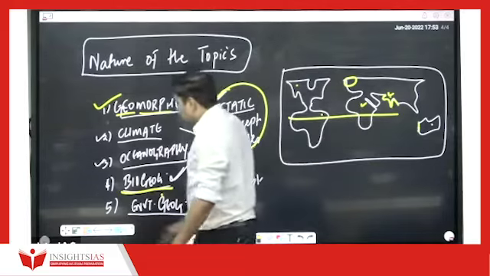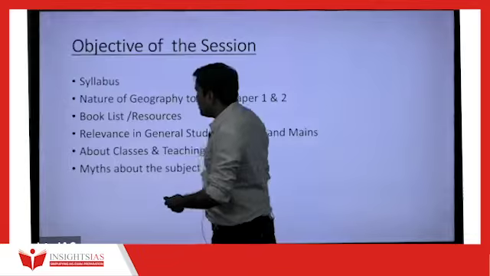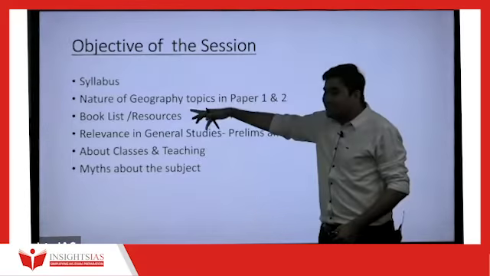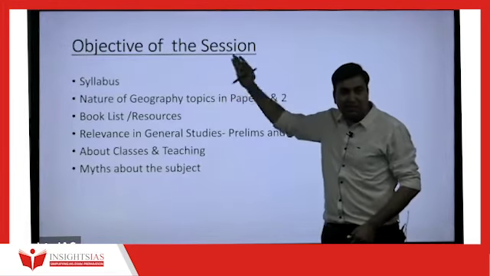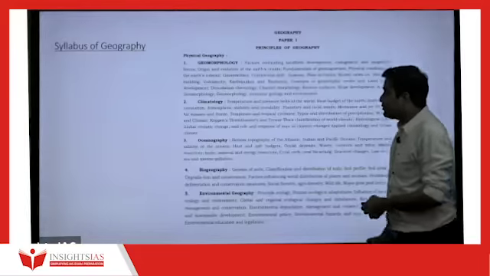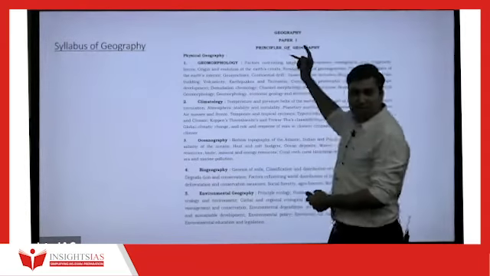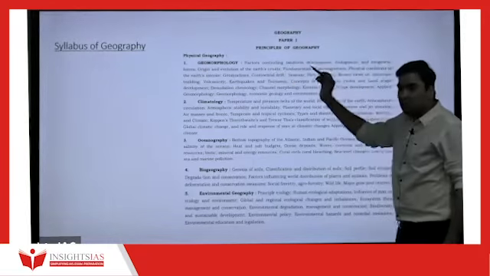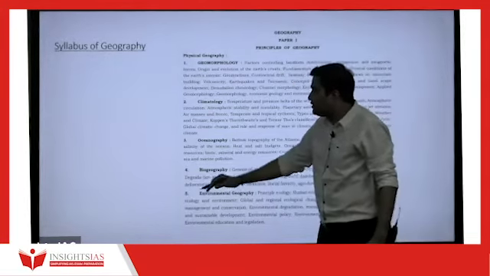Now, let me show you the syllabus. We are basically trying to decode it, where we understand the nature of the topics of the syllabus, especially paper 1, part A. Is it visible? So this is geography, paper 1, principles of geography. In that, the first part is